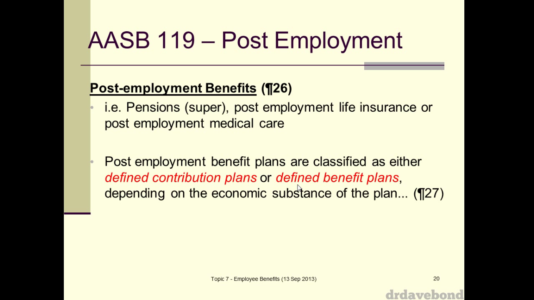So we've got a defined contribution plan on one side and a defined benefit plan on the other. Now, just as a lead-in, a defined contribution plan is now, in Australia at least, and around the world it is getting more popular as well, but the last figures I saw were probably about 70 or 80% of superannuation funds are in defined contribution plans. It's one of the biggest places where people have their money. Defined benefit is rarely offered to people nowadays. Most normal companies won't offer it. It's more public sector companies which have defined benefit plans.